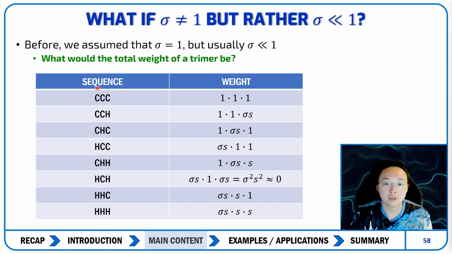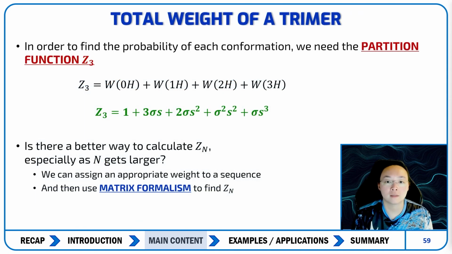First of all, for a trimer, you have all these possible sequences, which you could get from just writing out all the options or the binomial distribution. You have all the weights that are written out, and this time we want to introduce sigma. To find the probability of each conformation, we need the partition function Z3 this time, which is given by this, and you can work it out yourself as well. You can do the calculations for the partition function and end up with this solution in green,